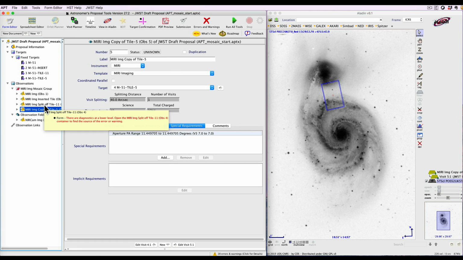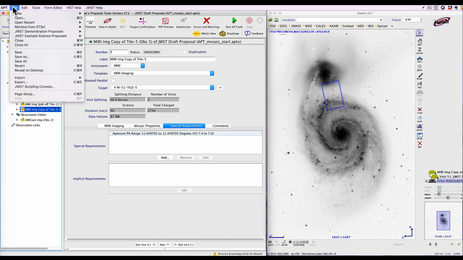In this video, we have demonstrated the basics of using the Mosaic functionality in APT. The JDox system contains additional information, including an APT Mosaic Example article that uses a demonstration proposal you can access directly from within APT. Go to the File menu, click and come down to Demonstration Proposals and over to the Mosaic Example. And if I released here, it would load up this example program that you can go through with the JDox article of interest to work through some